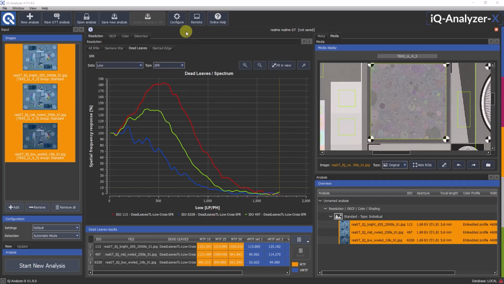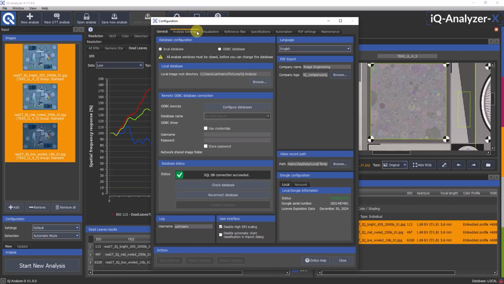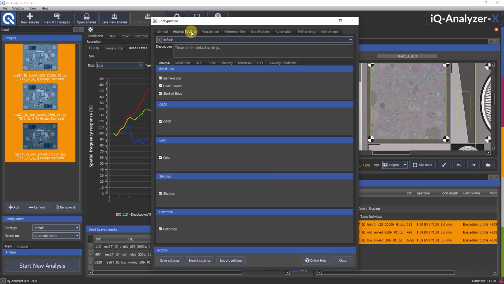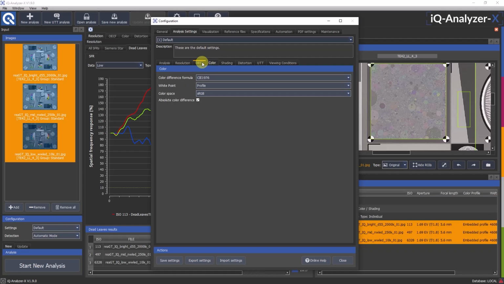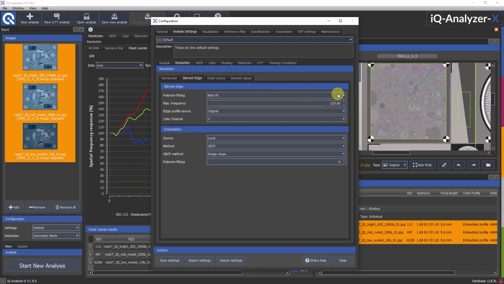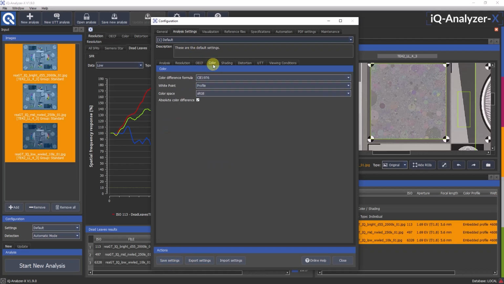So the software comes with default settings where we think that these are useful. But of course, it might be that they do not work for you. So for the configuration, we have a lot of different options for the calculation that we can define. If you would like to modify that, we can quickly change that as new setting. So I say, okay, in color, I don't want to use a CIE 1976. I want to use CIE 2000. So I save that and say that is my demo